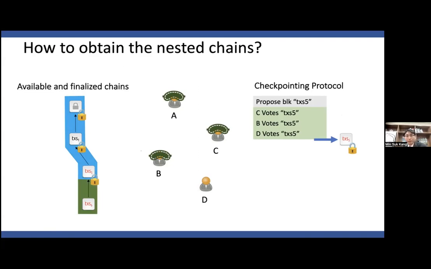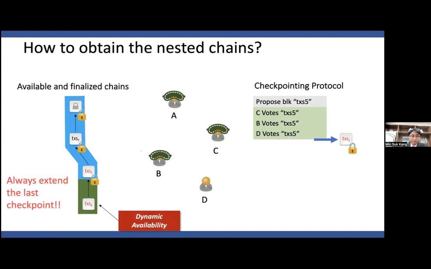If we really want to have this, since the network works with proof of stake, as long as some number of nodes with enough stake are still alive, then they can become the leader, and then they can propose a block, as you can see here. And then at some point, this gives you a dynamic availability, because you always extend the last checkpoint. For the checkpoint, you need a majority quorum to actually have an agreement that up until this point is really